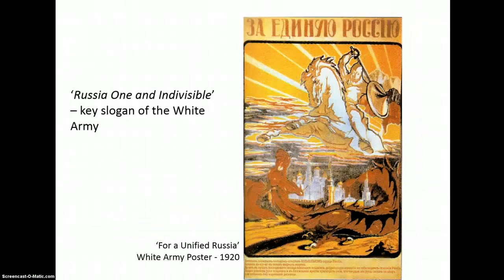One more, and this is another White Army poster. And this one, the slogan of Russia one and indivisible. And we've got this white knight in the air. And what are they defeating? They're defeating a red dragon, which of course represents the Bolsheviks. Propaganda, remember, is important. And that's it for this